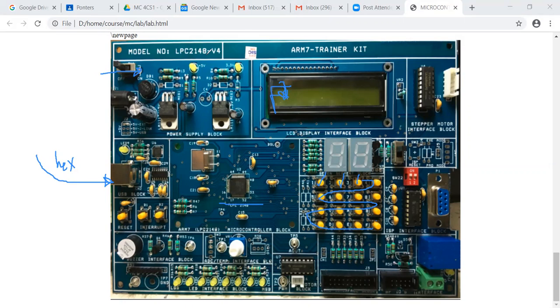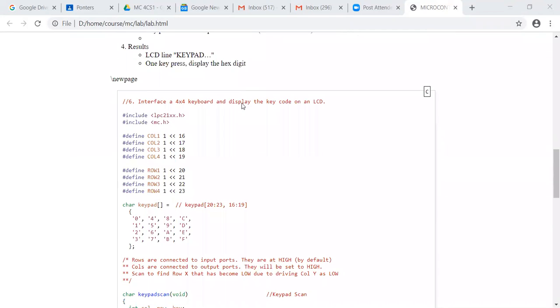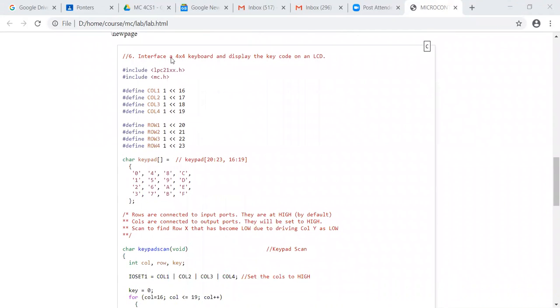So I'll go back to the program just to summarize what we have learned. The important thing you should remember is columns are connected to consecutive 4 ports, 16, 17, 18, 19.